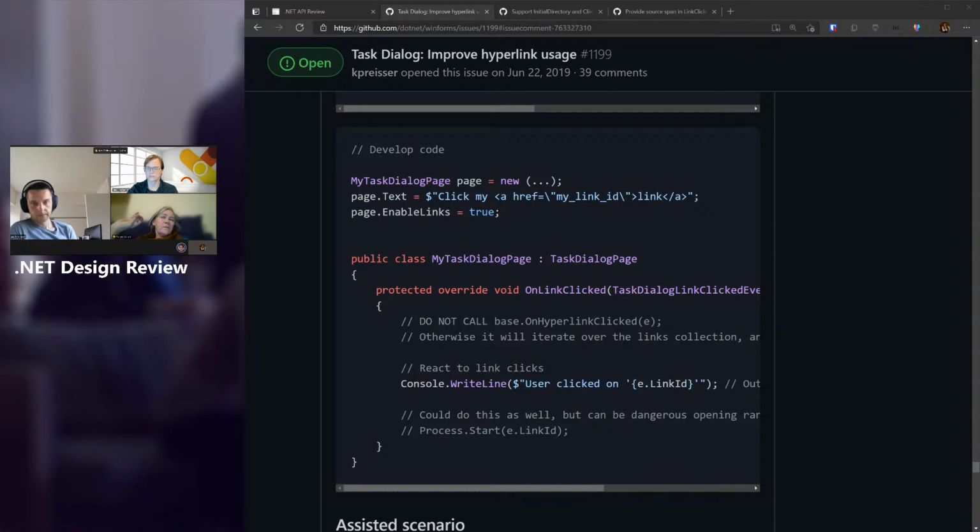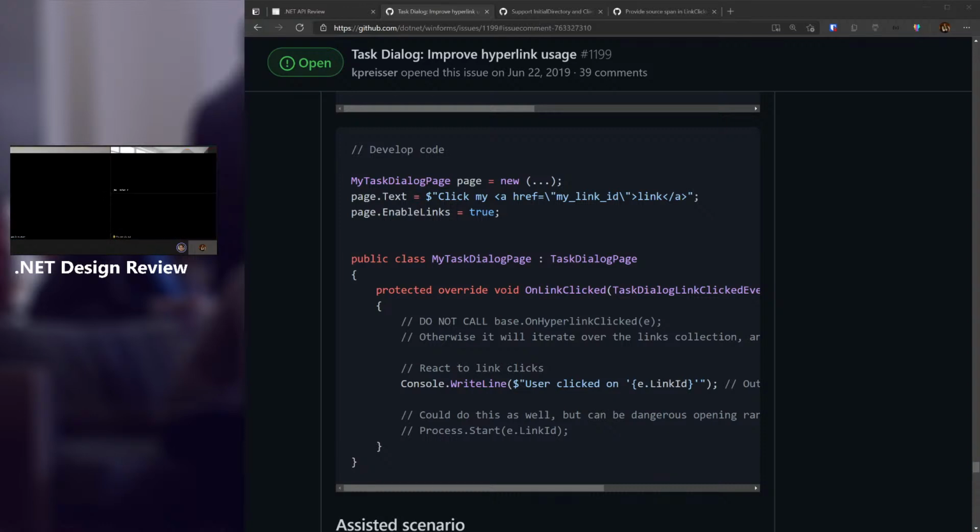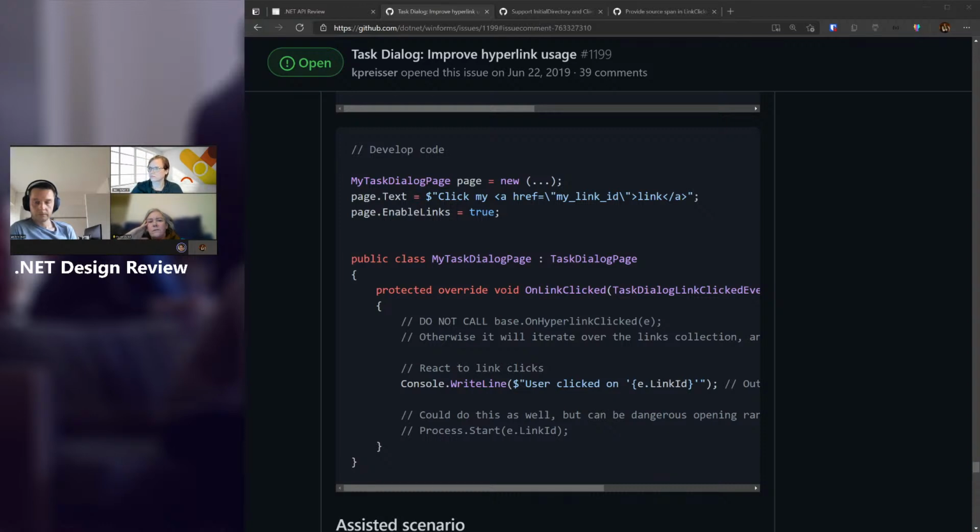But I think the more important part is I don't think what I'm suggesting is also just for the unassisted scenario. It's also somewhat for the assisted scenario, in that it avoids the ceremony of having to go and deal with task dialog link and everything else, when most of the time, even if you have 2 parts, what you're going to have is, if you've got the 2 parts, you have your href and you have your link ID and you have the event that you want to execute.